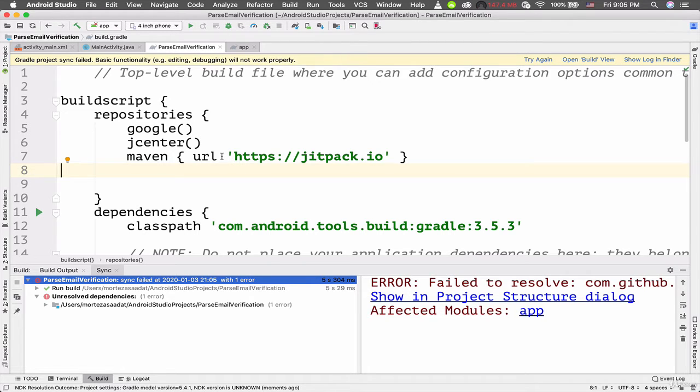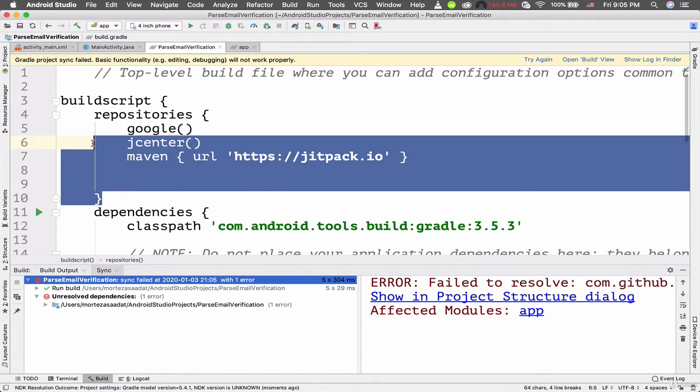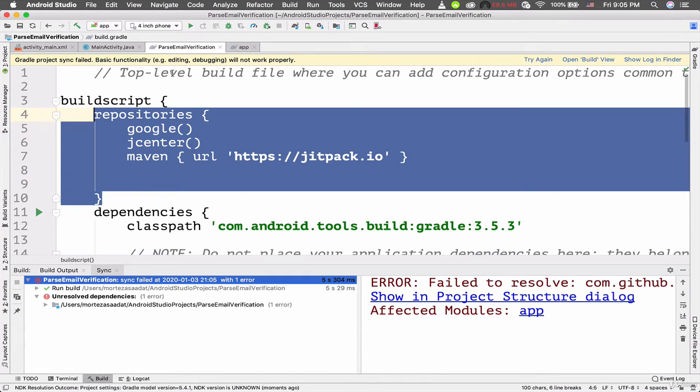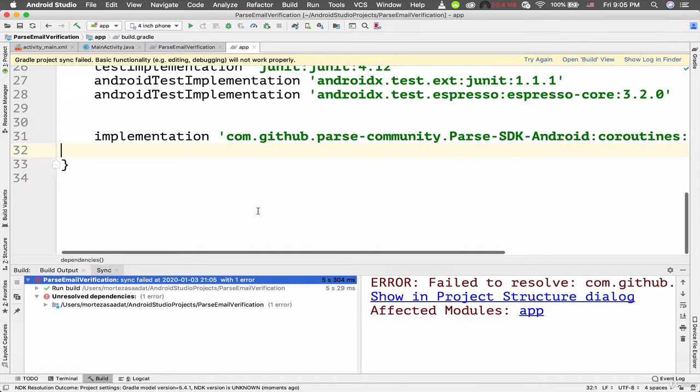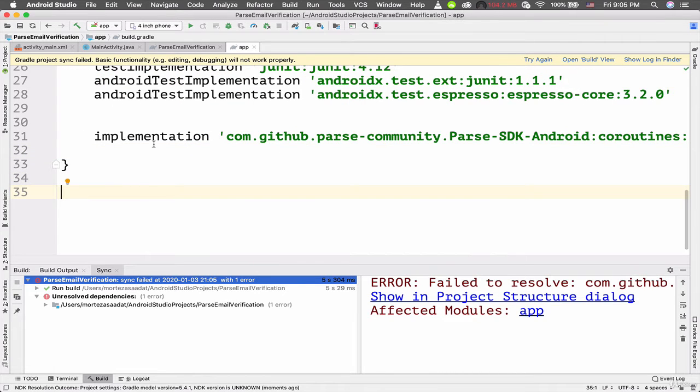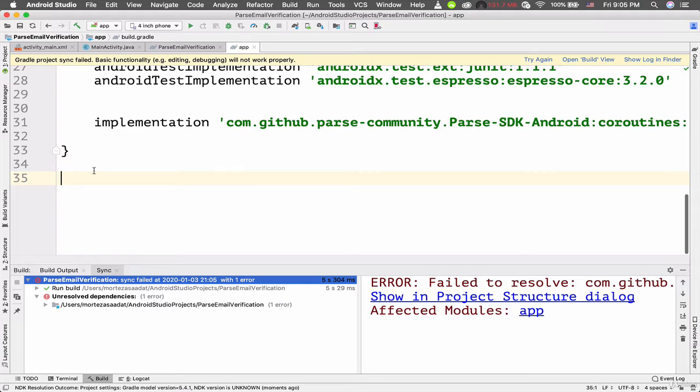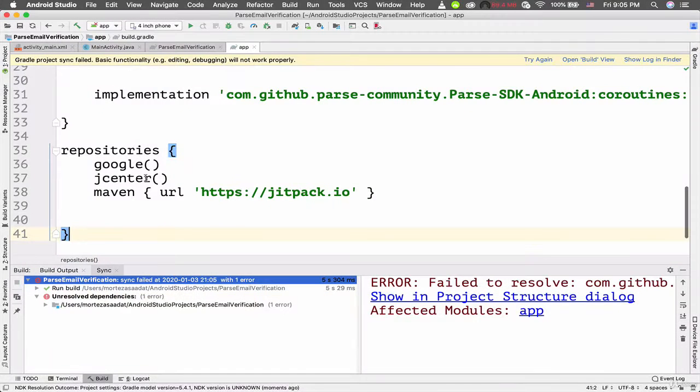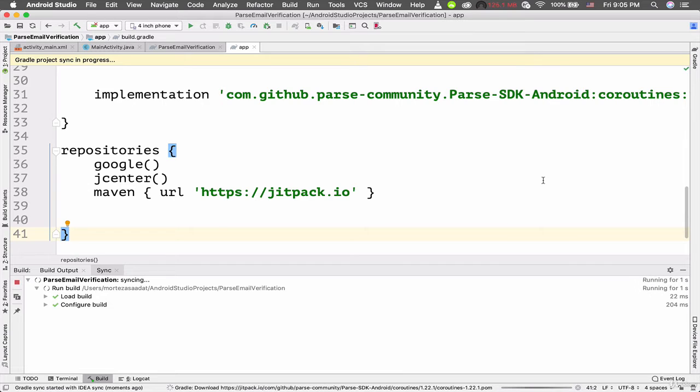In order to solve this problem, I'm just gonna copy this repositories block here, and I'm gonna go to the app, and notice that I am outside of the curly braces of the dependencies block. I'm gonna paste this code here again. So I'm gonna click on try again,